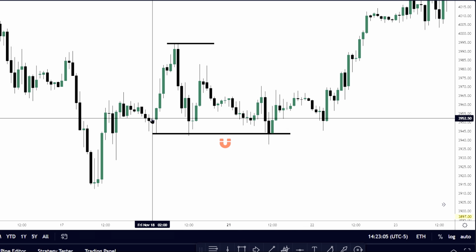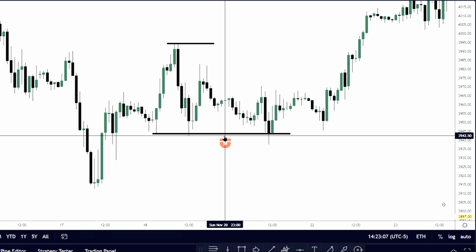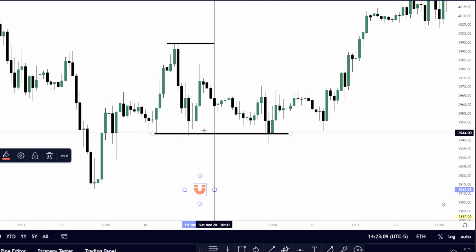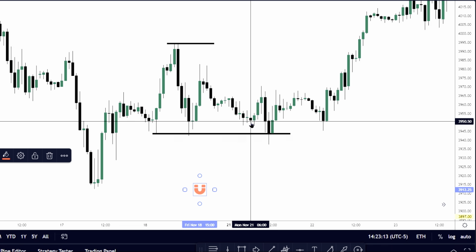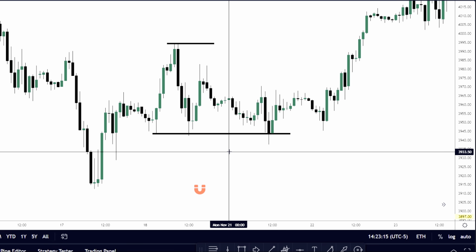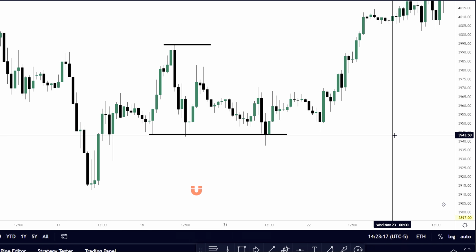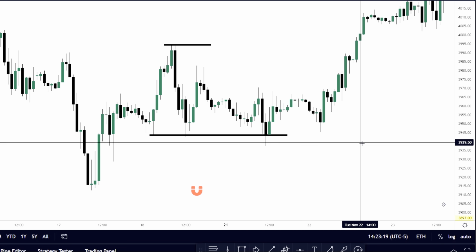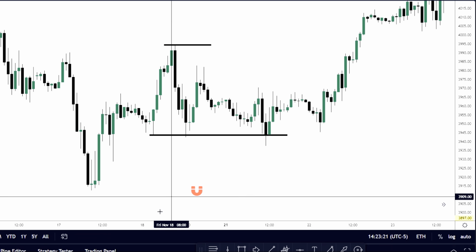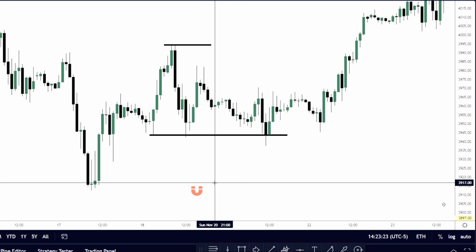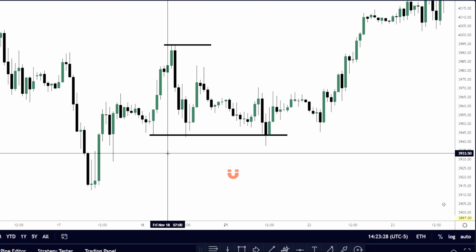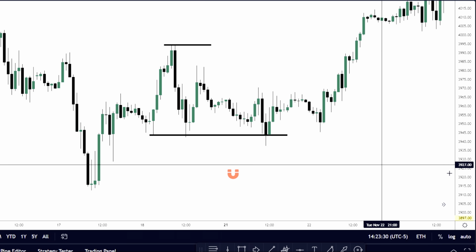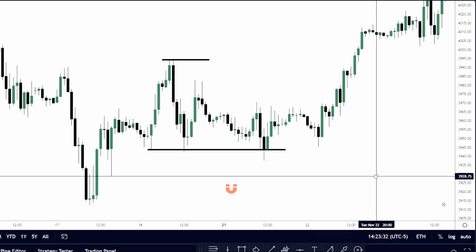They've been taught, and we were taught, that this is the best support you can find. If it gets rejected there, the next time it comes down, it's more likely to get rejected. I do think they say the more times it gets hit, eventually it'll get broken through, but they don't ever talk about liquidity. I was just arguing with a dude on Twitter about this. They don't think liquidity is why the market moves places, but that's exactly why it moves.